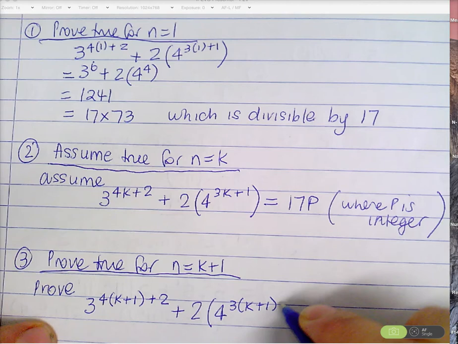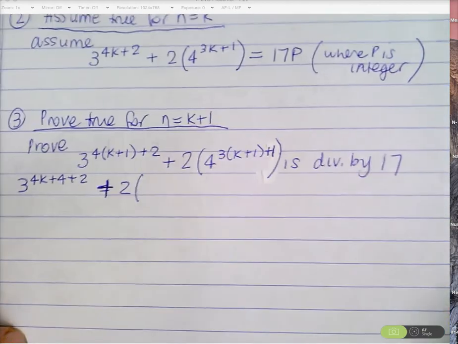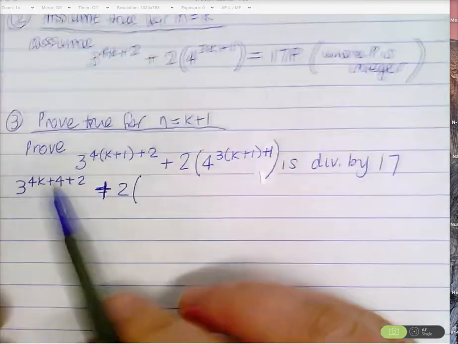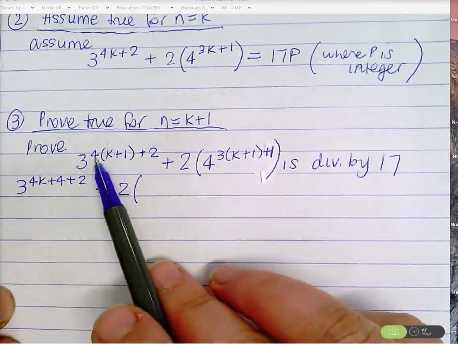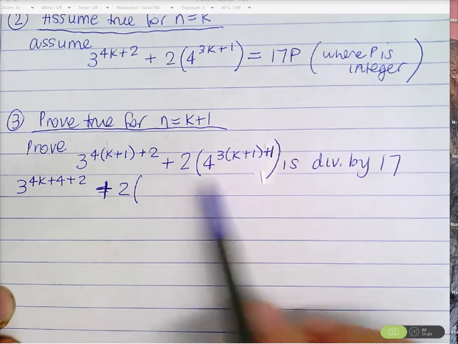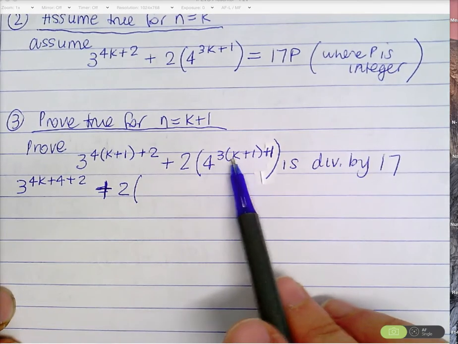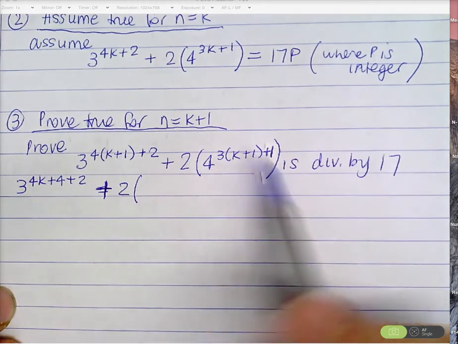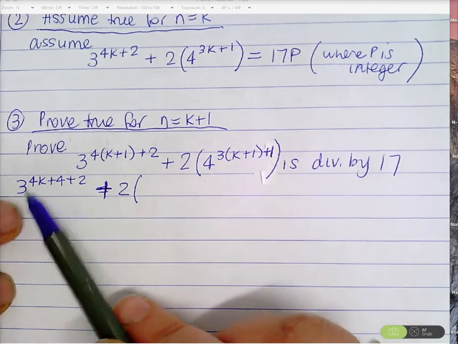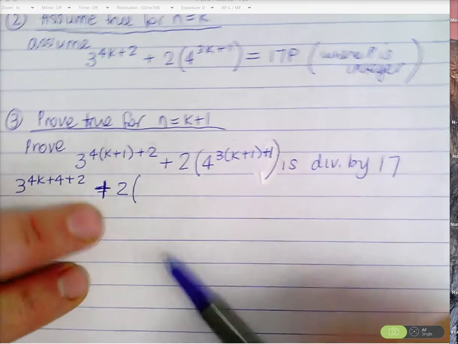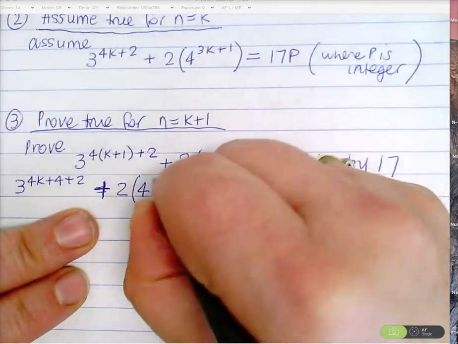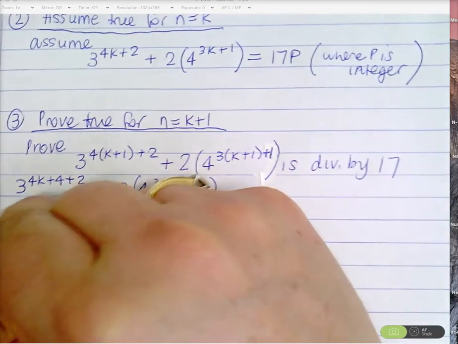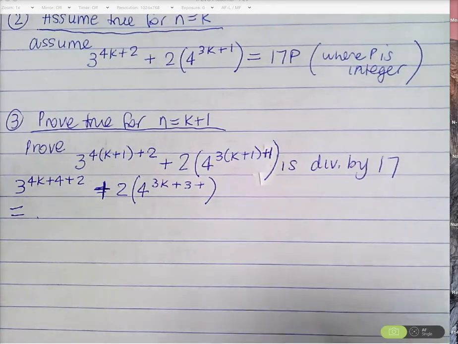Get me the white stuff, please. I'd be careful with what I've done there. I'm going to fix it in a minute. So we're trying to prove that 3 to the 4 bracket k plus 1 plus 2, plus 2 times 4 to the 3 bracket k plus 1, plus 1 is divisible by 17. Instead of rewriting that again, I've just gone straight to the next line: 3 to the 4k plus 4 plus 2, plus 2 times 4 to the 3k plus 3 plus 1, equals. Now,